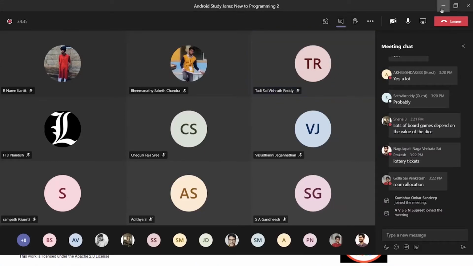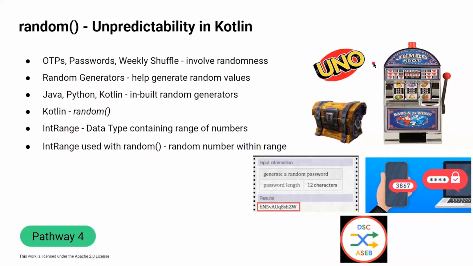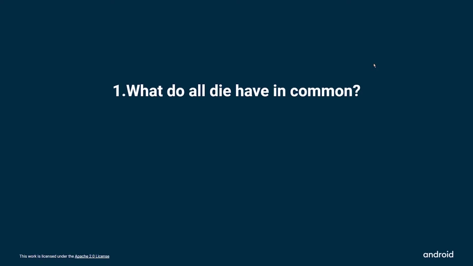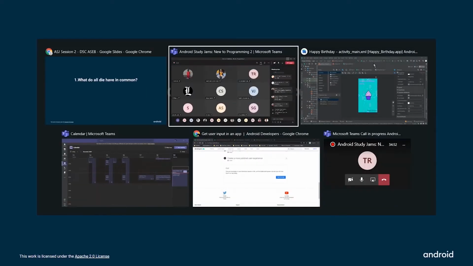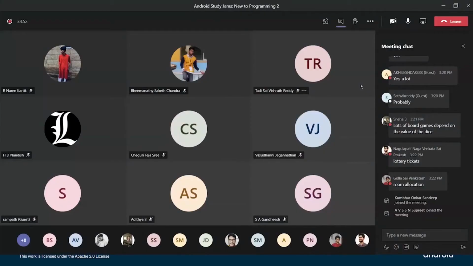Okay. Before we move on to the next concept, a few more questions. What do all dice have in common? I briefly spoke about this with respect to AUMS and how all students have certain common things. So in that regard, can anyone think what common properties of a die are, of any die you take? Right, faces, yeah.